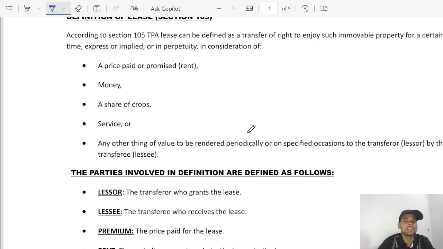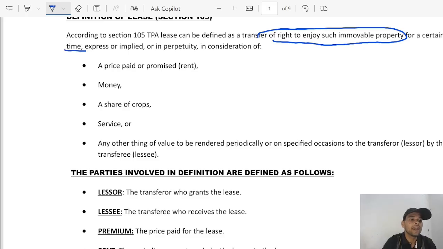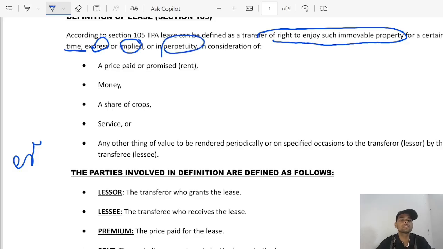It defines lease as the transfer of right to enjoyment of such immovable property for a certain time, expressed or implied, or it can also be in perpetuity. Perpetuity means for an indefinite period of time, and it must be in consideration of